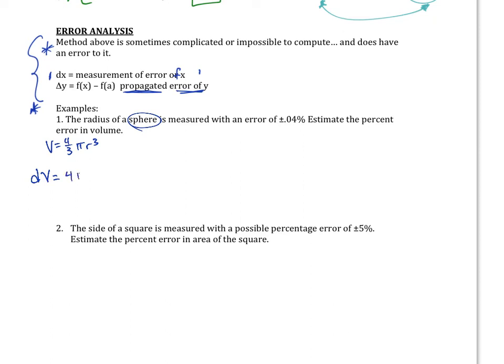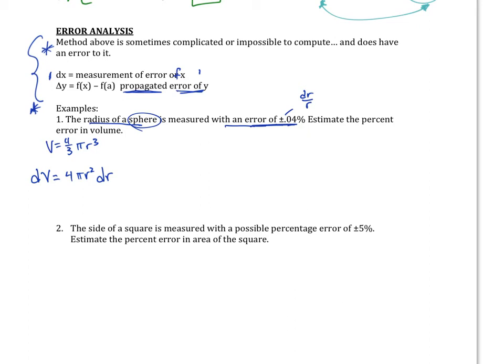This will give me 4 pi r squared times dr. All right, they gave me the radius has this error to it. So this is a dr over r value. The change in the radius with that error analysis, okay? The radius is here, and that's the percent error. So the change in the radius over the actual radius is